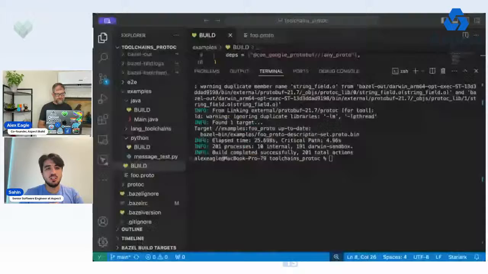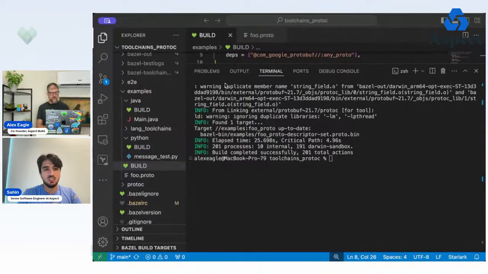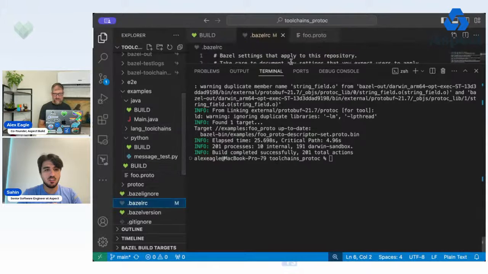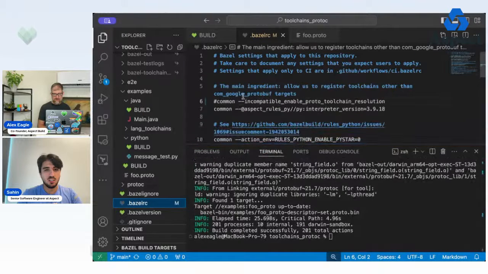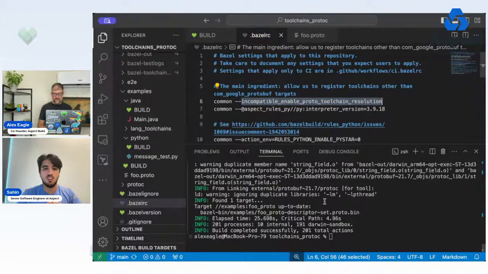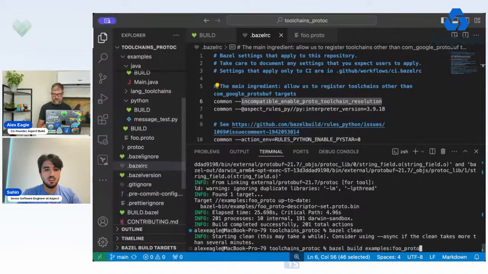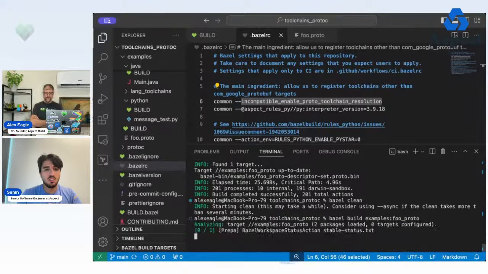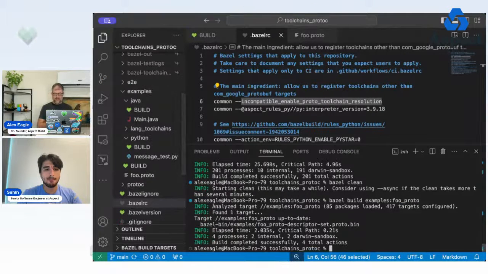So let's look at this code again, and we'll see how to make use of it. So the magic is in the .bazelrc file. So I'm in this example repo. Here's the flag I just mentioned, which is currently commented out. So let's say I turn on incompatible enable proto toolchain resolution. Let's do a clean again, just to make sure that I'm being honest. And now I'm going to build foo proto. And it's done in 2 seconds